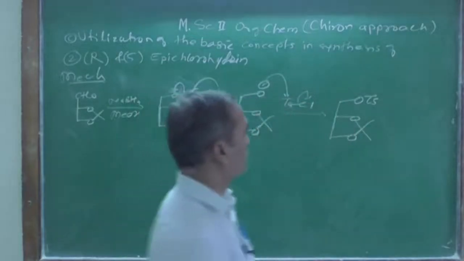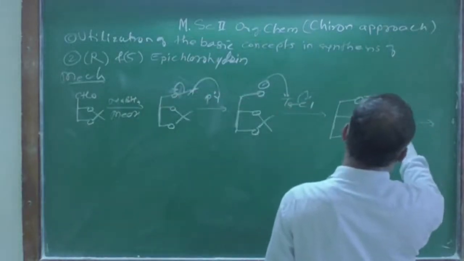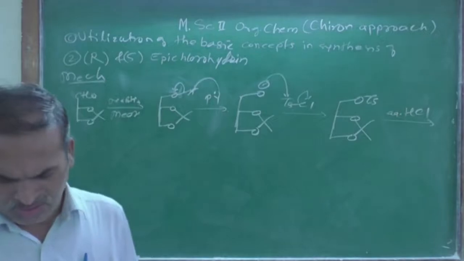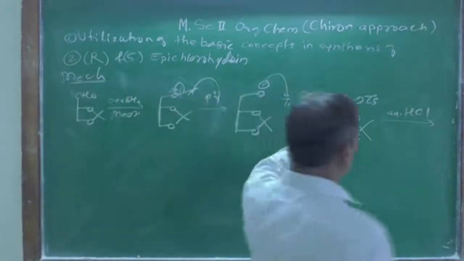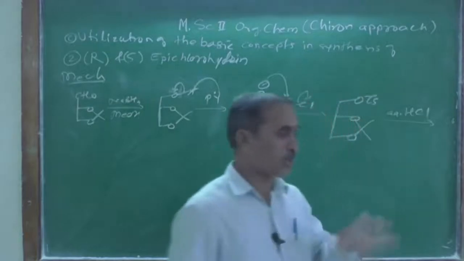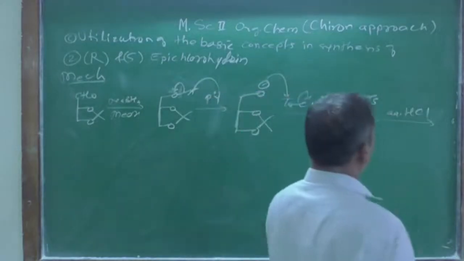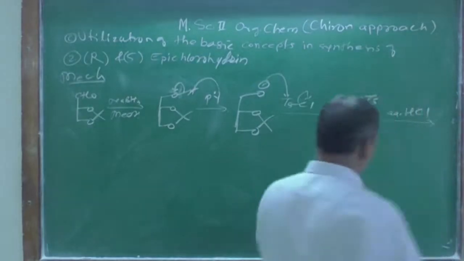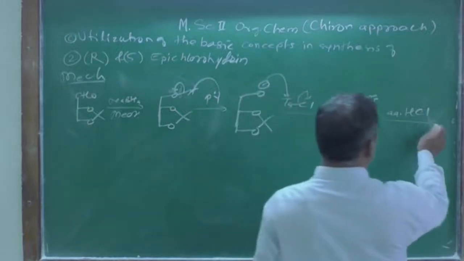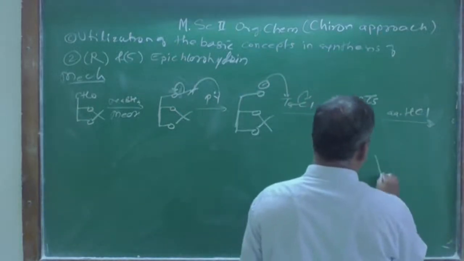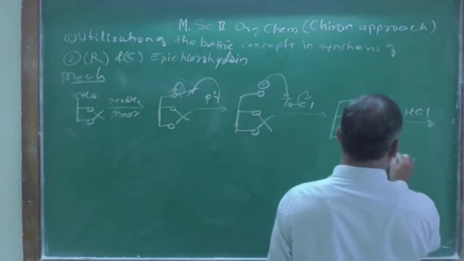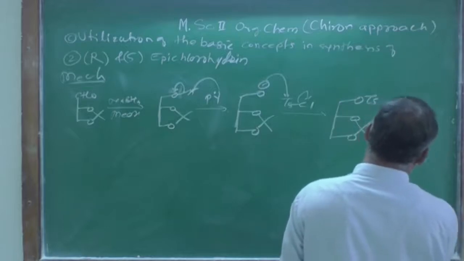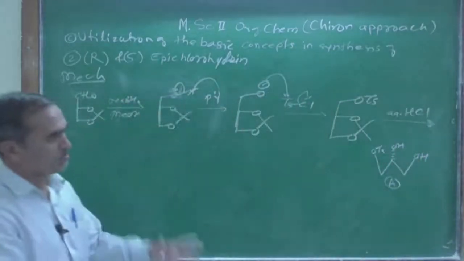And after that this will be treated with aqueous HCl, and that deprotects. This is used for the deprotection, because the protecting group is very stable at basic condition, and therefore acidic condition is used for the deprotection of the 1,2-diol. And I am writing this one in a specific way so that we can understand the stereochemistry. OTs over here and one OH is here, that is the part A we already saw, right? This is up to that A.